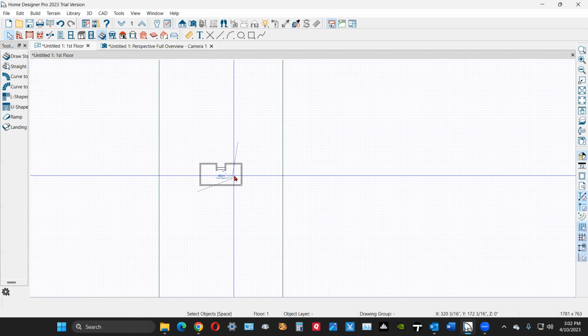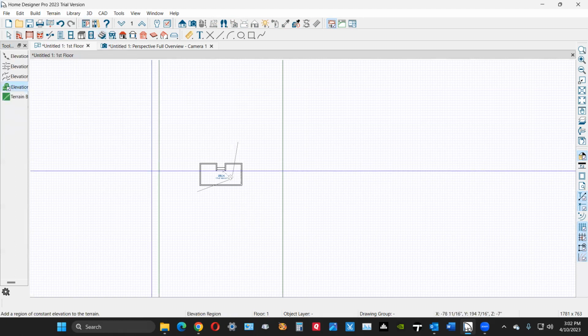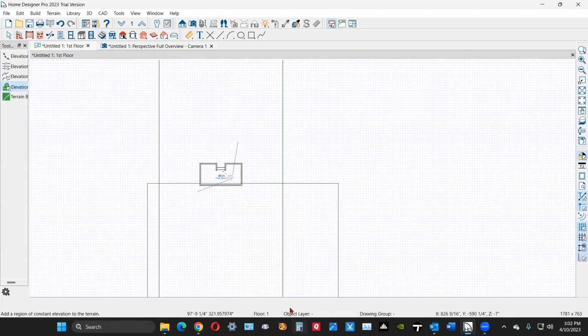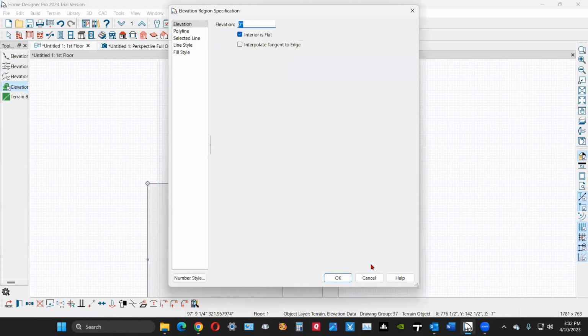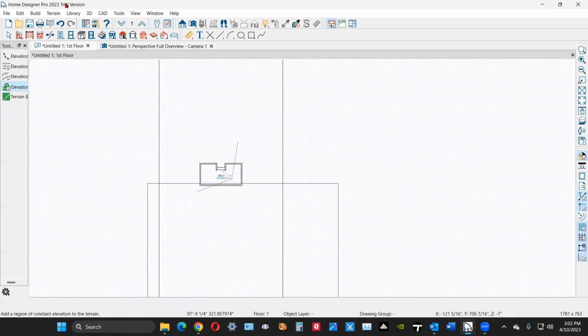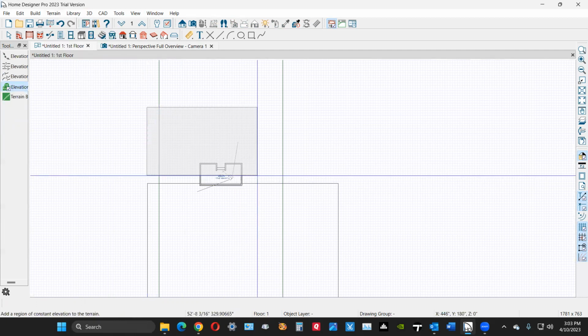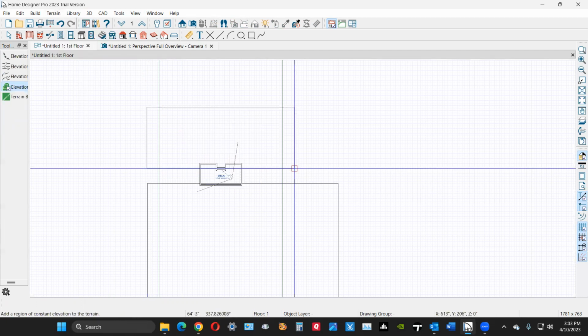just in case, I'm just going to go over terrain and I want elevation data. Yeah. And here I'm going to put 0 inches. The default value is 0 inches. And then over on this side, I'm going to go back to the same thing. And right there, I'm going to put that at